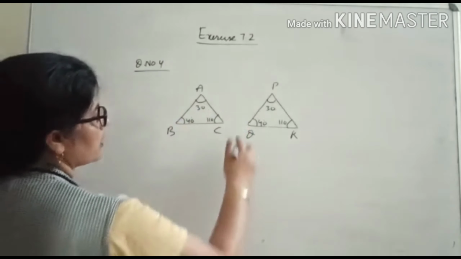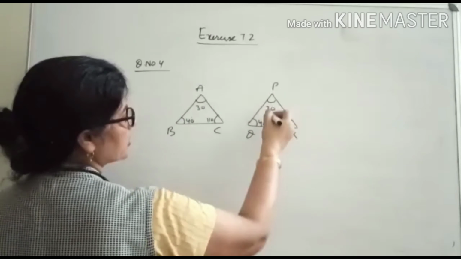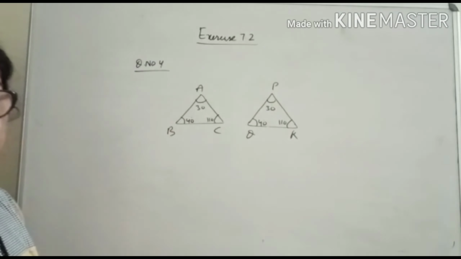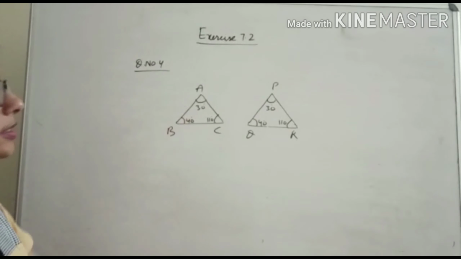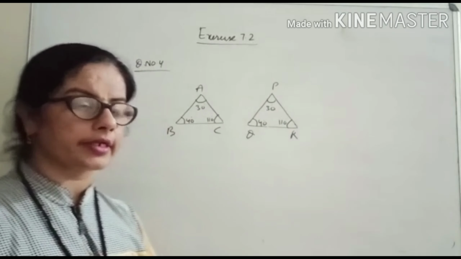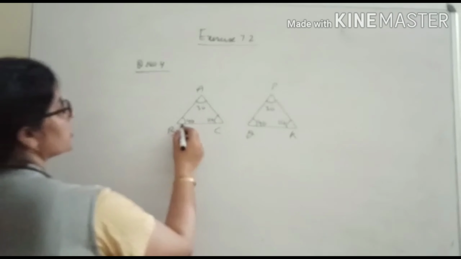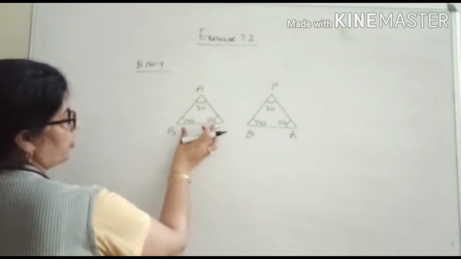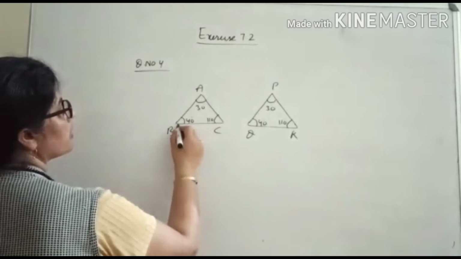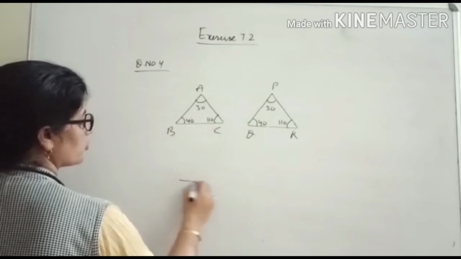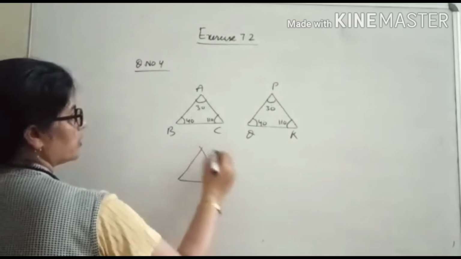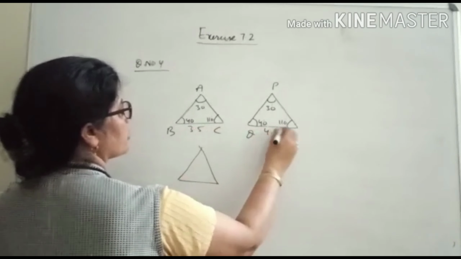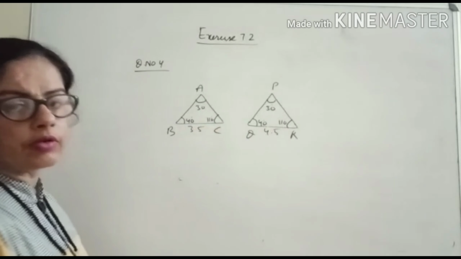So to construct this triangle we have to take any side, then we can construct this triangle, otherwise not. If only angles are given to us, then we cannot construct the triangle. So if the sides are same, or you can say one side is same. Let us suppose this triangle is on BC and this BC is 3.5 here and here BC is 4.5. Then triangles will not be congruent.